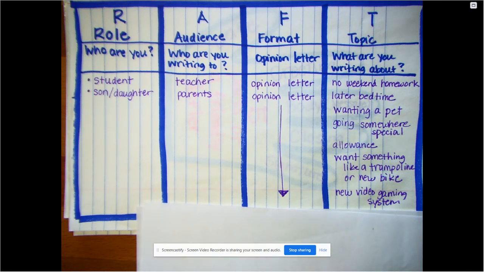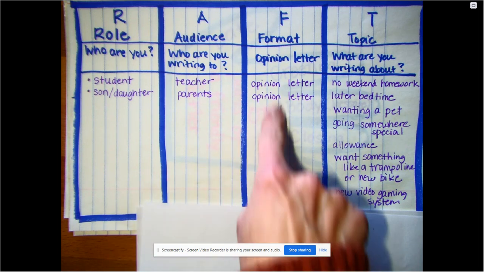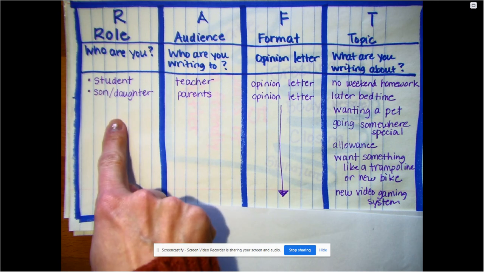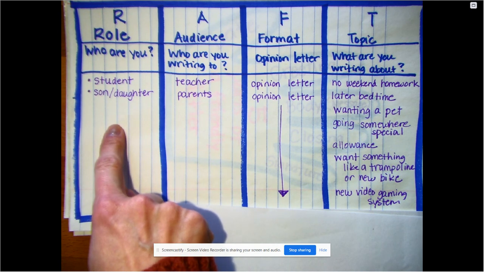But remember, you've got to be able to come up with 3 really good reasons why you should have these things. So if one or 2 of these speak to you, write them down. But your job today is to come up with 3 ideas of your own. What are some topics that you could write about to persuade or talk somebody into by using a letter? Now it's going to be up to you who you're going to write to and who you are going to be. What's your role, right?